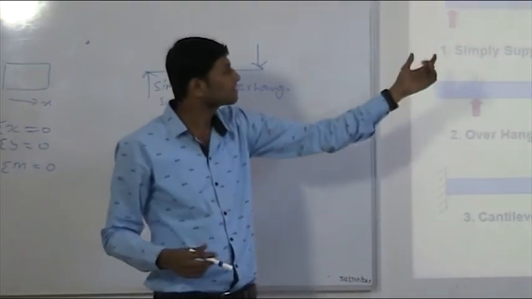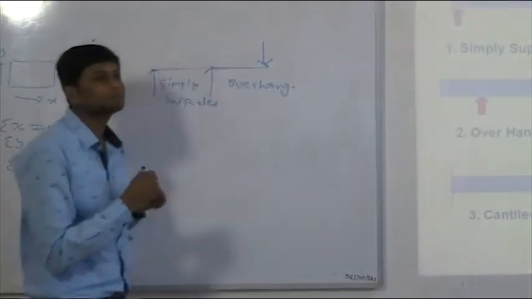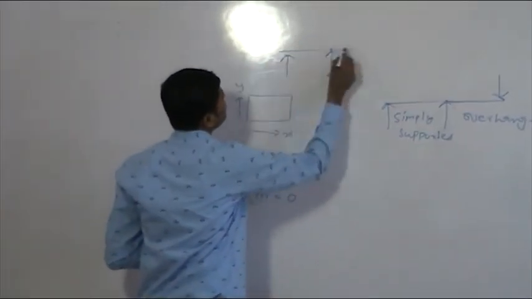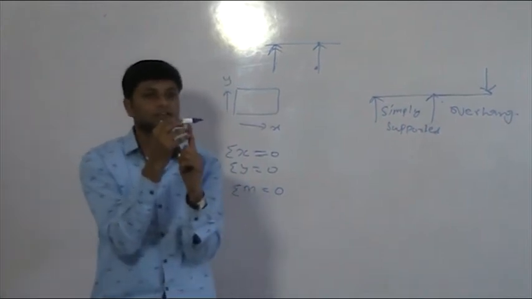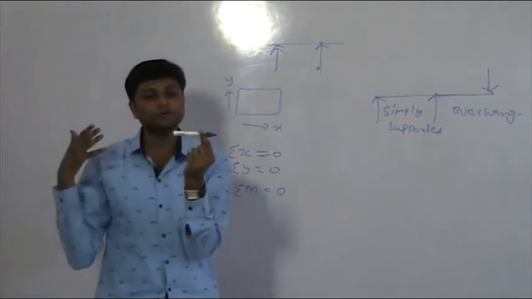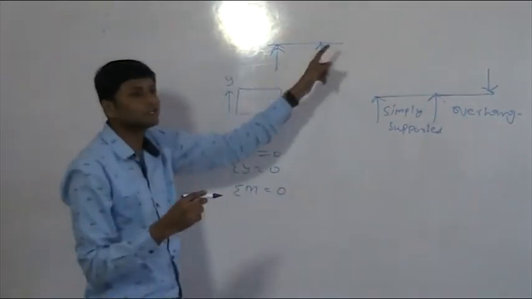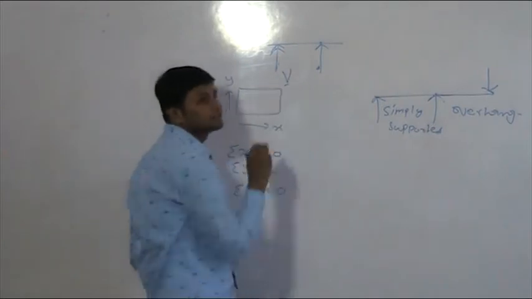Continuous beam means there are more than two supports which are continuous. Fixed beam. Fixed means simply supported beam. If we place a beam here, what will happen? If there is a support and the beam is here, if any horizontal force is applied, then it will move. It can't resist the horizontal movement. A simply supported beam has only a vertical reaction V.